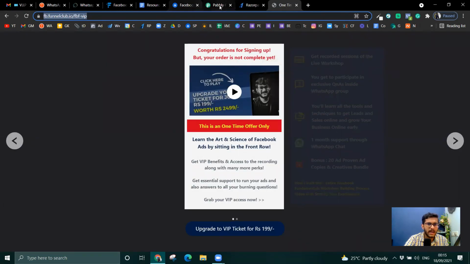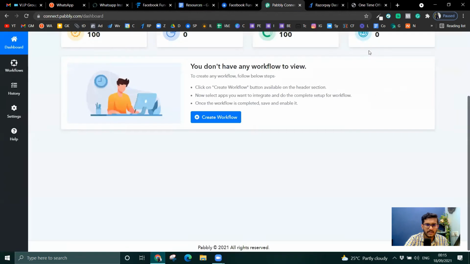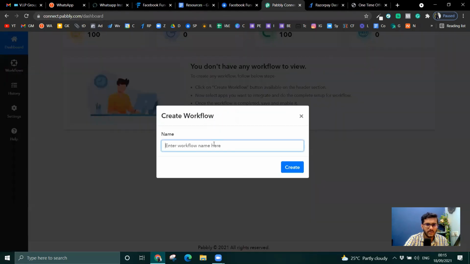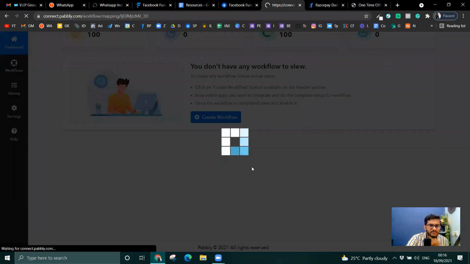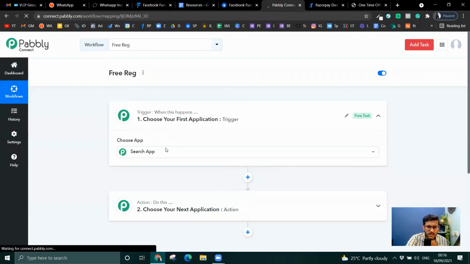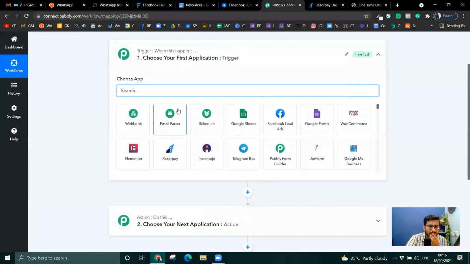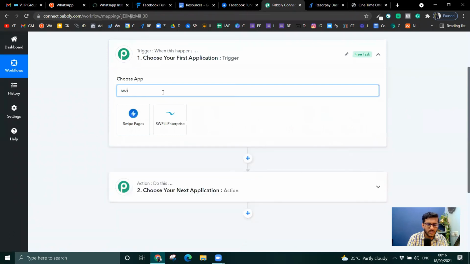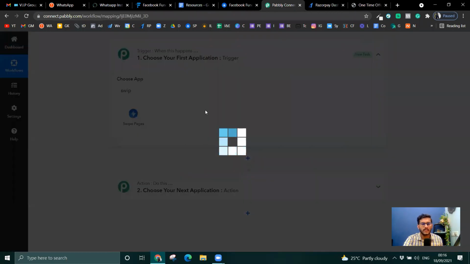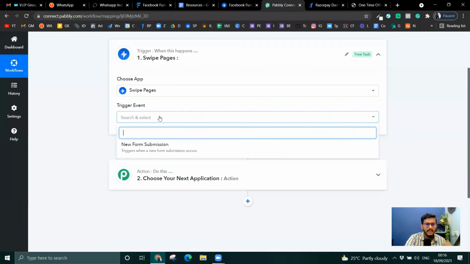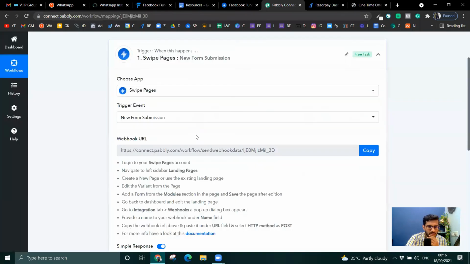So I'll just go back to Pabbly and create a workflow and say WhatsApp. I'll say free registration. I'll create, choose a trigger, say Swipe Pages, select an event, form submission.